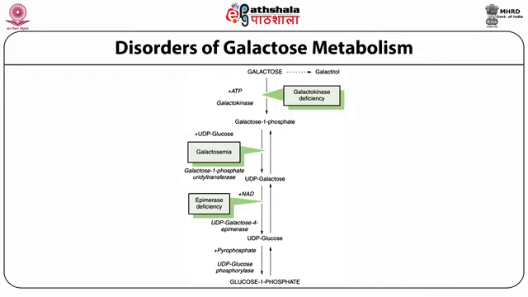Another disorder is a deficiency of uridyl diphosphate galactose 4 epimerase. This is an autosomal recessive disorder. This deficiency prevents the conversion of the modified form UDP galactose to another modified form, that is UDP glucose. As a result, compounds associated with galactose processing get accumulated to toxic levels. Symptoms include cataract and intellectual disability, and the kidney, brain, and liver are damaged.